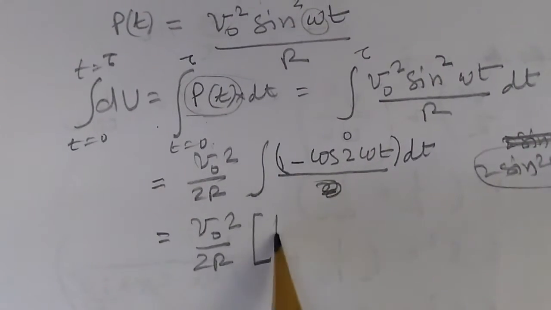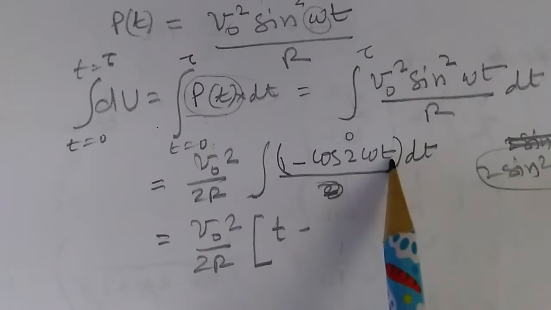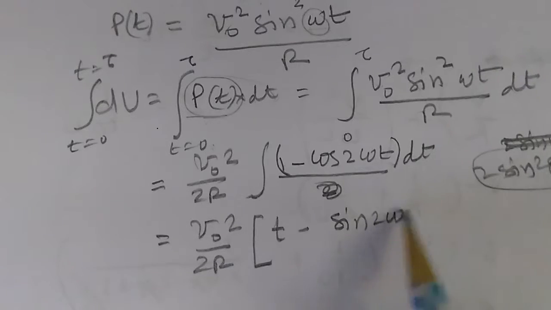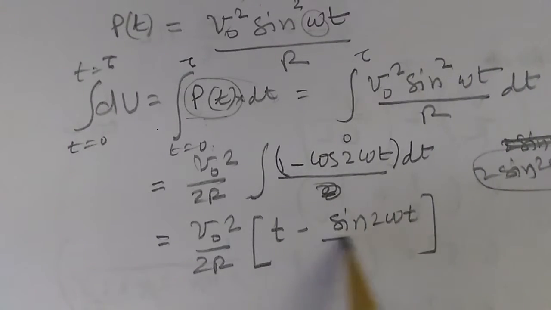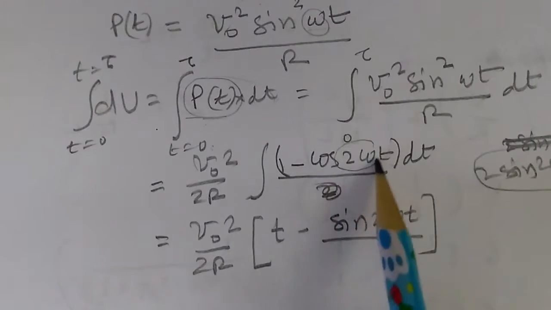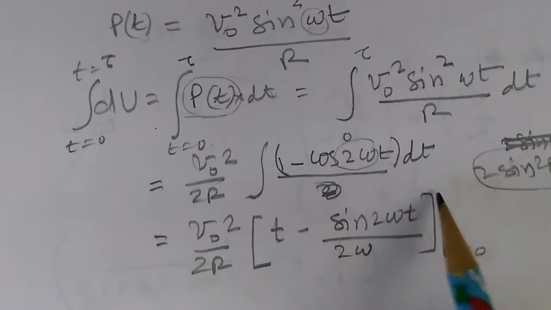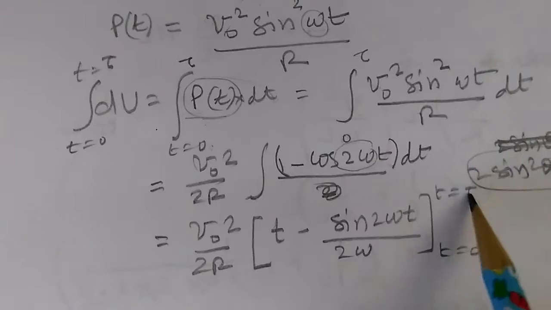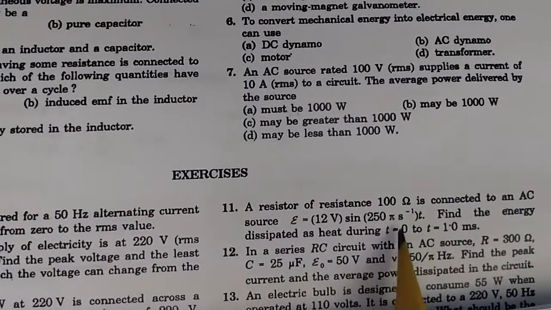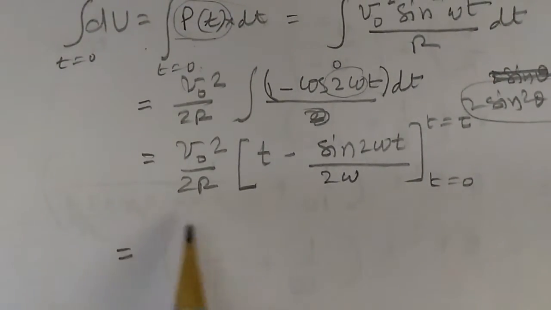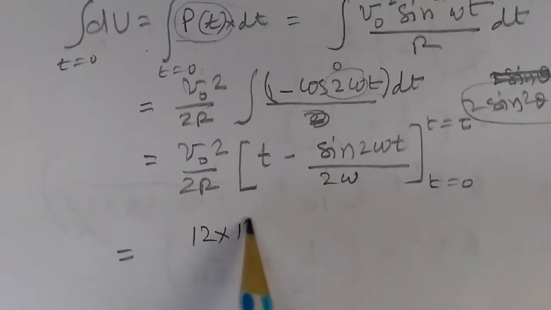And we can integrate this with that V naught square by 2R. 1 has an integral of t, cosine 2 omega t has an integral of sine 2 omega t divided by 2 omega, and we need to find it from t equal to 0 to t equal to tau, where tau is 1 millisecond. Now let's substitute these values. V naught square is 12 into 12